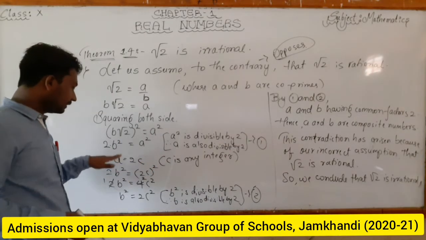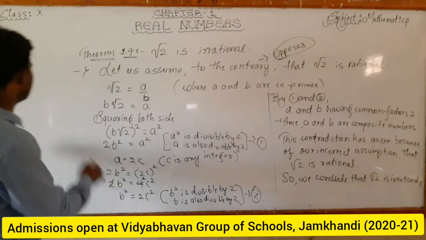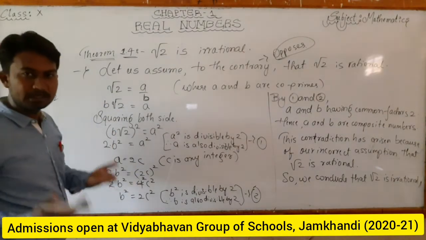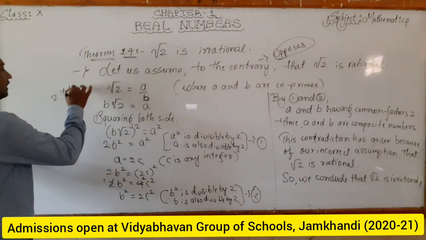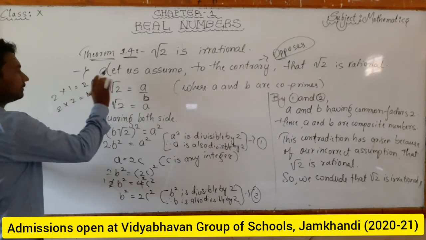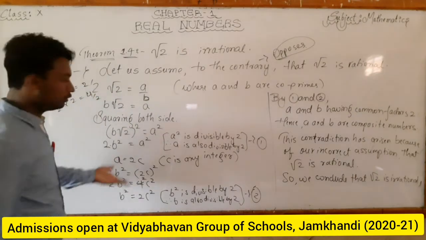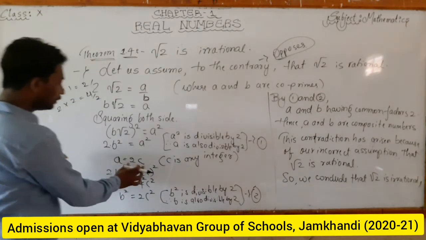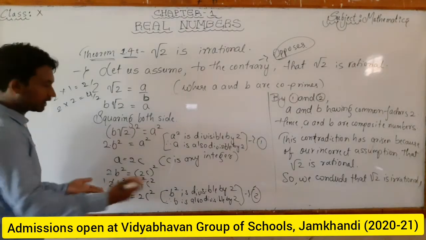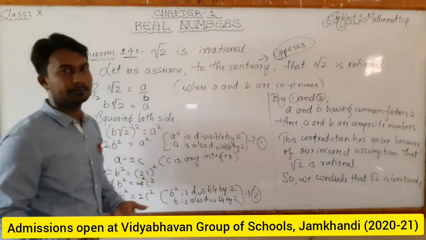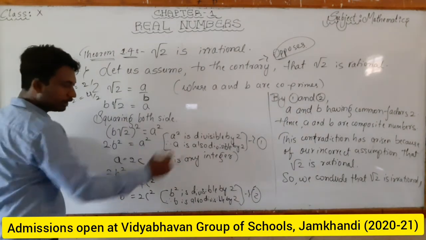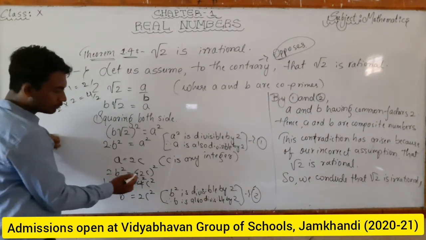See, if any number divides by 2, then we can multiply it by 2 also. For example, 2 into 1 is 2 and 2 into 2 is 4, and these we can divide by 2 also. So I have considered that a is equal to 2c, meaning 2 into 1, 2 into 2, 2 into 3, 2 into 4, whatever it may be, where c is any integer. Then the value of a I have put in equation 1, that becomes 2b square is equal to